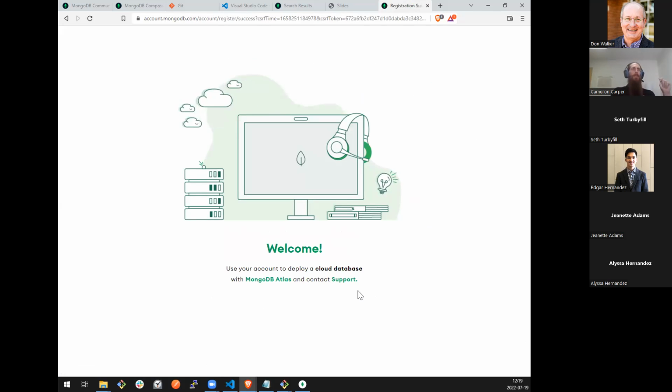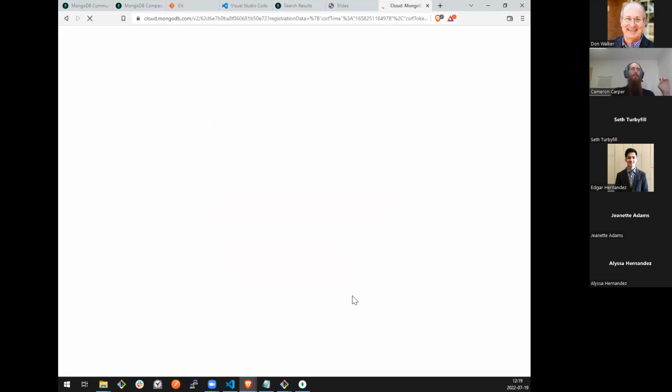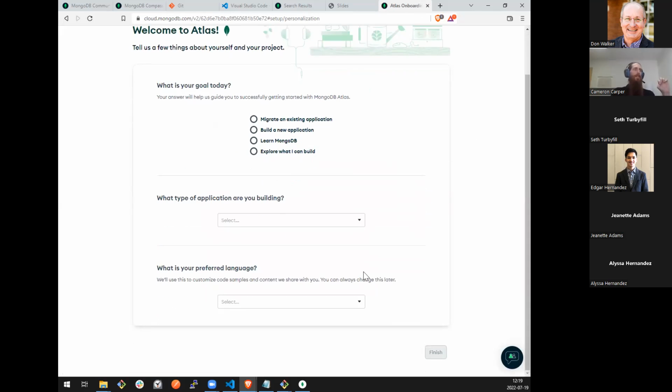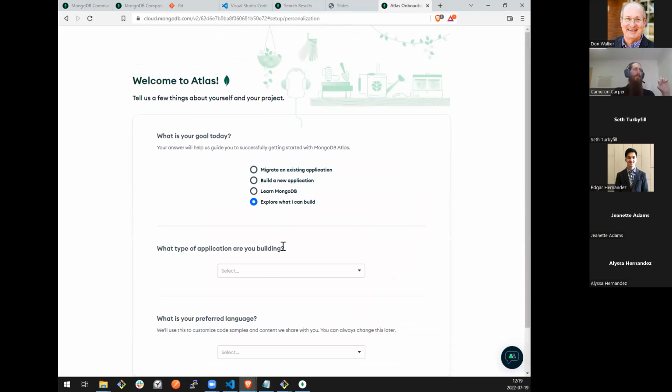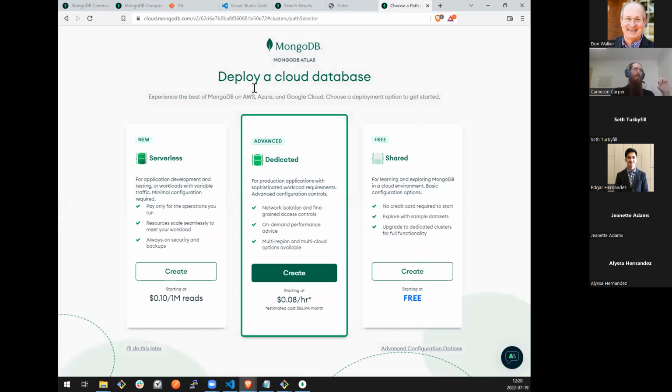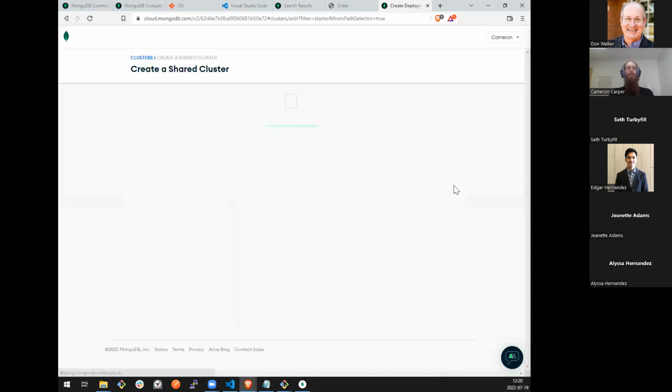We're going to see how fast this goes. I've realized I've just used the wrong account to log in, but hopefully I can get through the intro within 30 seconds. If not, I'll switch accounts. All right, so this is where you land. There is also a serverless option, which is pretty nice. Most people go with dedicated. Us, we're testing. We want a free shared cluster.